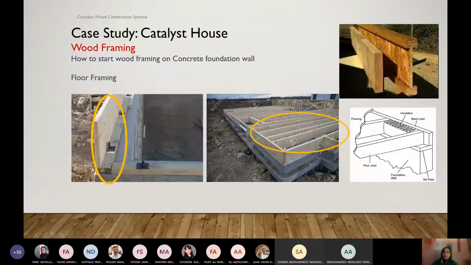And to talk about the joist, there are two types of joists we can use. One is, at the very beginning, I told you, the dimensional lumber. That we just get from the tree: we cut down the tree, get the wood, do some treatments, and then we use it right away. So that is dimensional lumber.